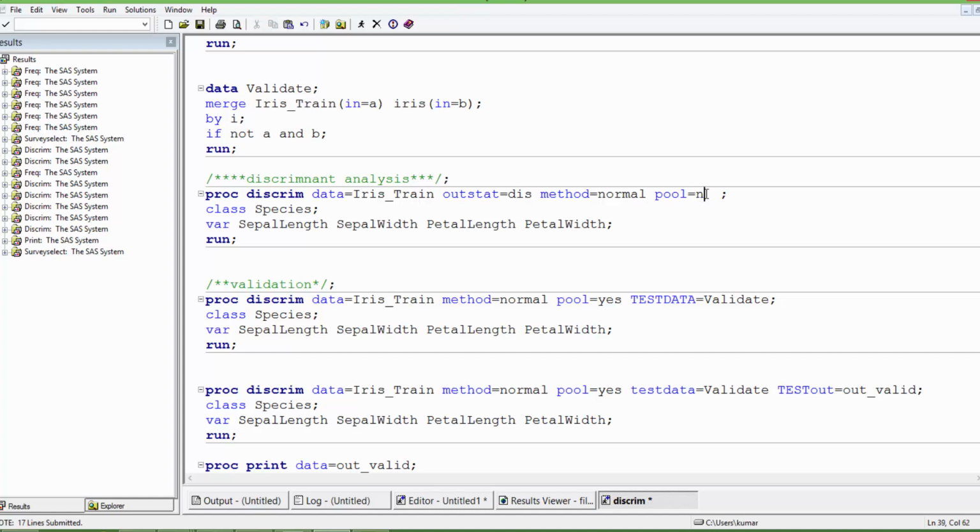But in our data set, the variance is assumed to be homogeneous in nature. We can of course check these two things before doing the modeling. Okay, I'm assuming that